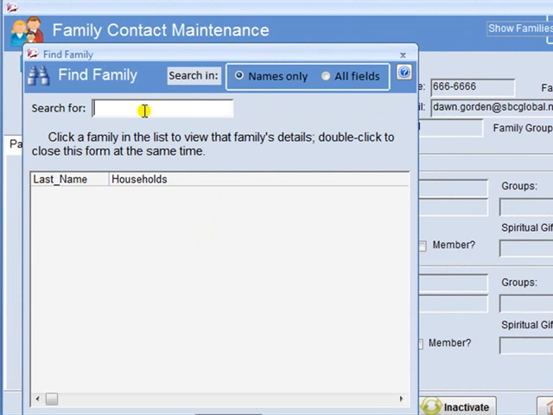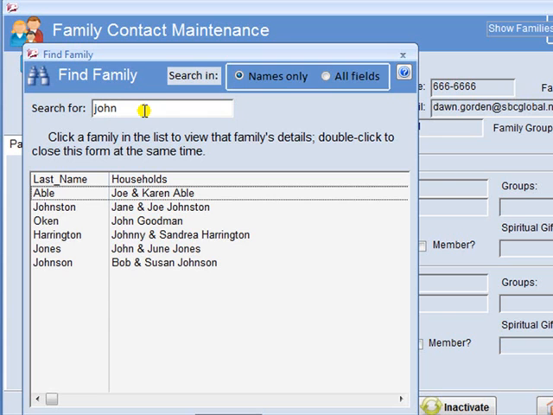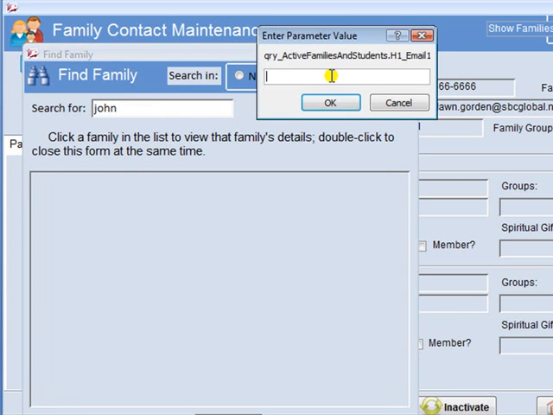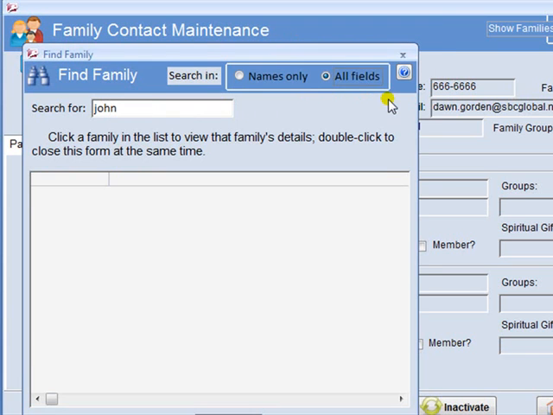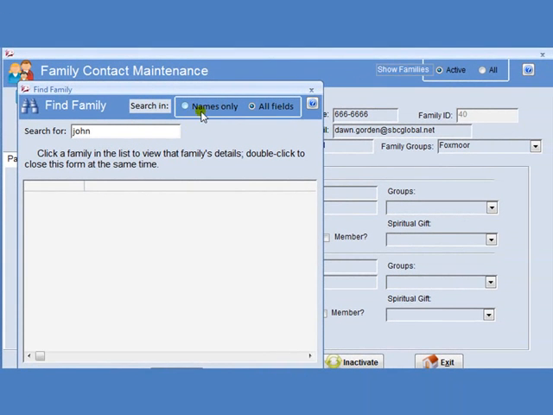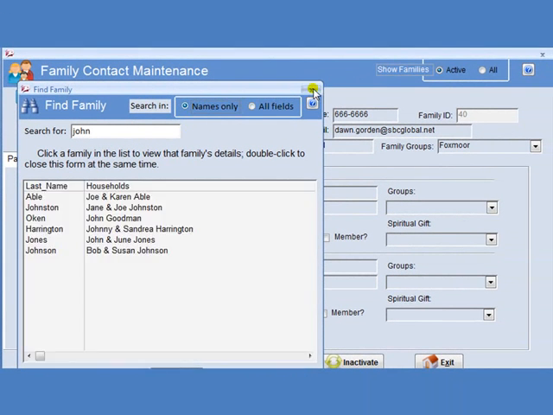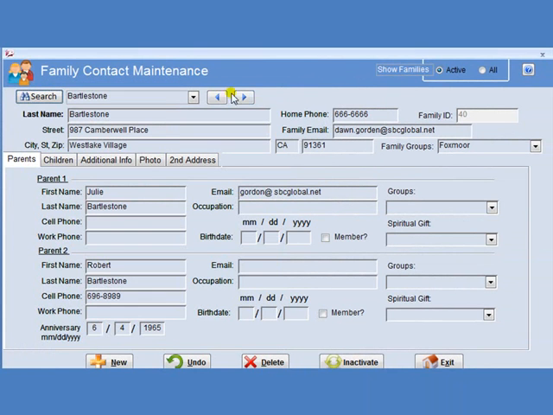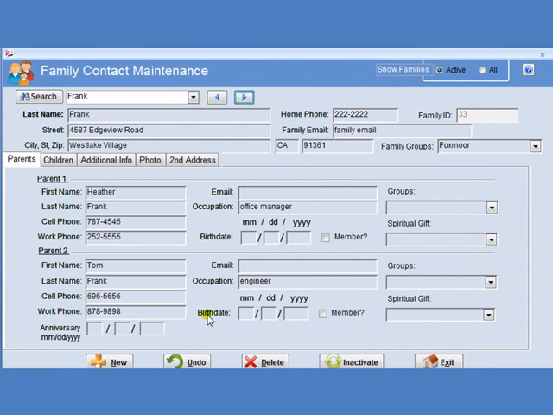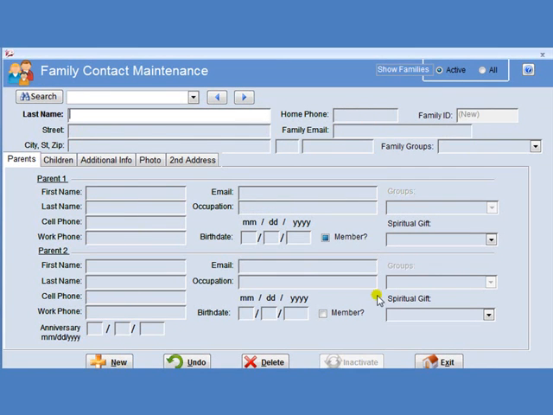So I can put a name. I can search by name only, or I can search by all fields. Maybe I want to search by an email address. So I can search the database and find families and click on them, or I can scroll through just by using the scroll bar. If I want to add a new family, I simply click New, and it gives me